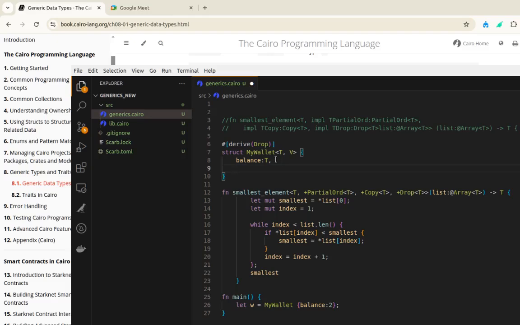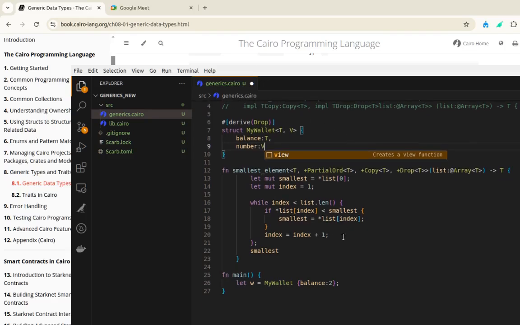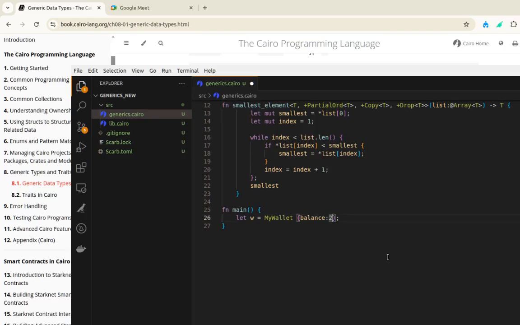For example, in case it's called number, I'm supposed to add that generic type to the struct after the struct's name. So it's as simple as doing that. Then I just say number 20. That's how we can add generic data types